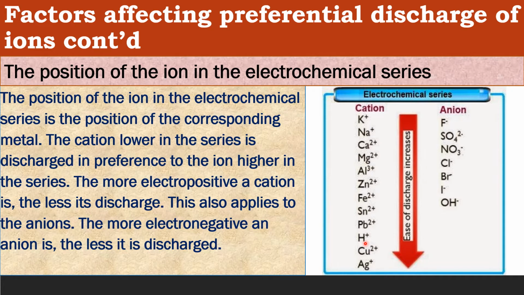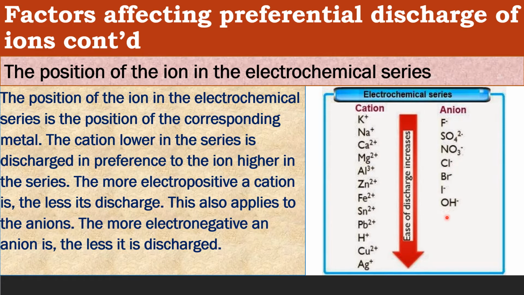I have used which factor now? Position of Na+ and H+ in the electrochemical series. And by virtue of their position, H+ being the lowest one in the electrochemical series will be the one that will be discharged. And if it is for the anion, let's say in an electrolysis where Cl-, that is chloride ion,